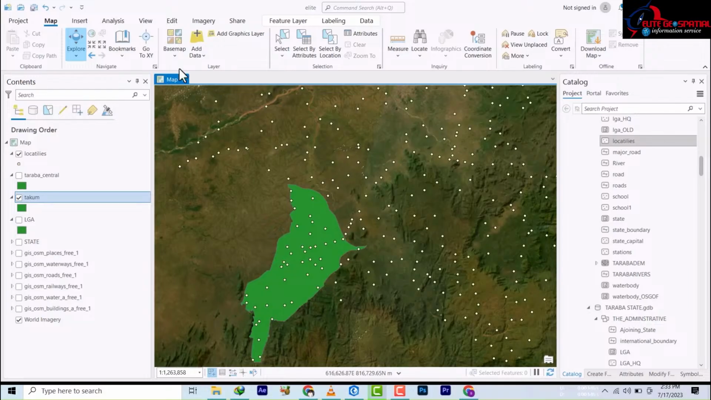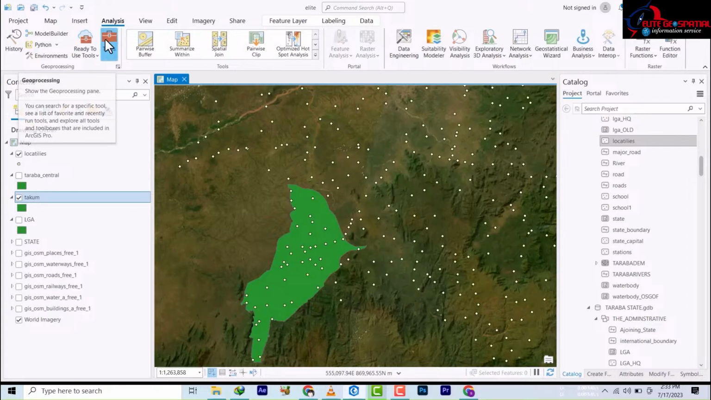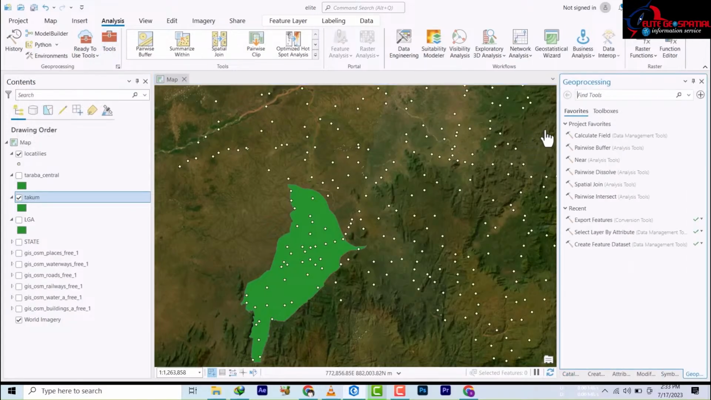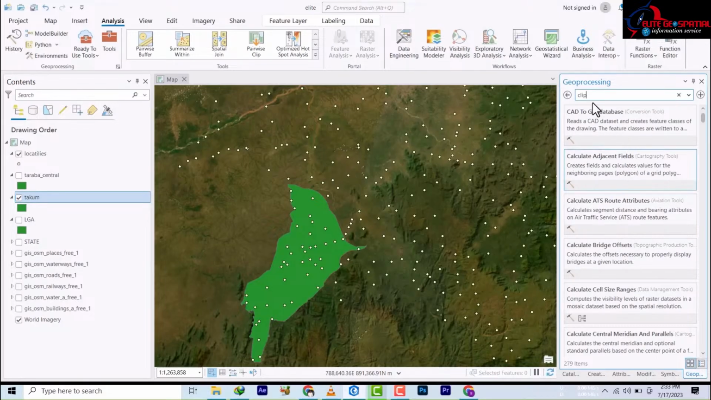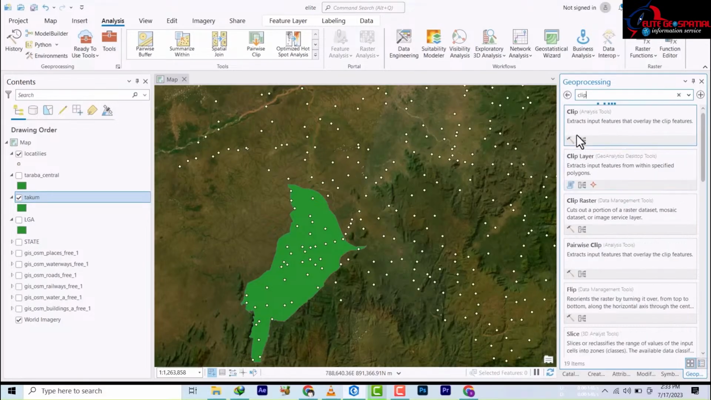So you go to the analysis tab up here, and then you click on the tools. So it's going to bring you to the geoprocessing tools. What we need here, we'll search for the clip,